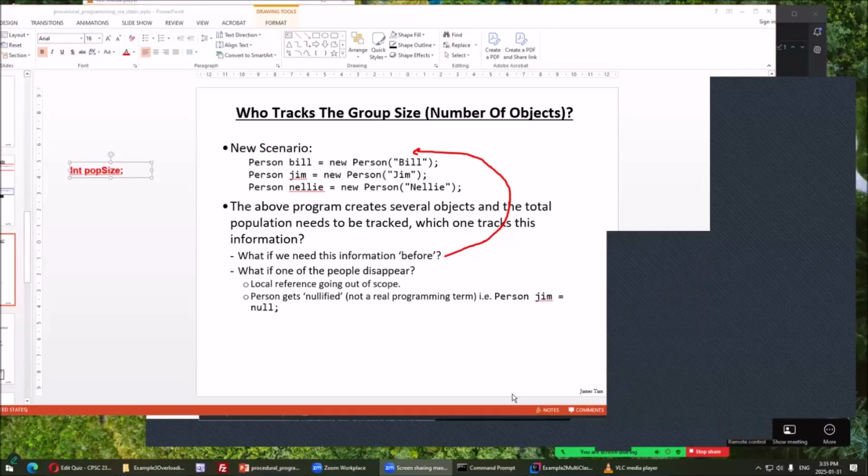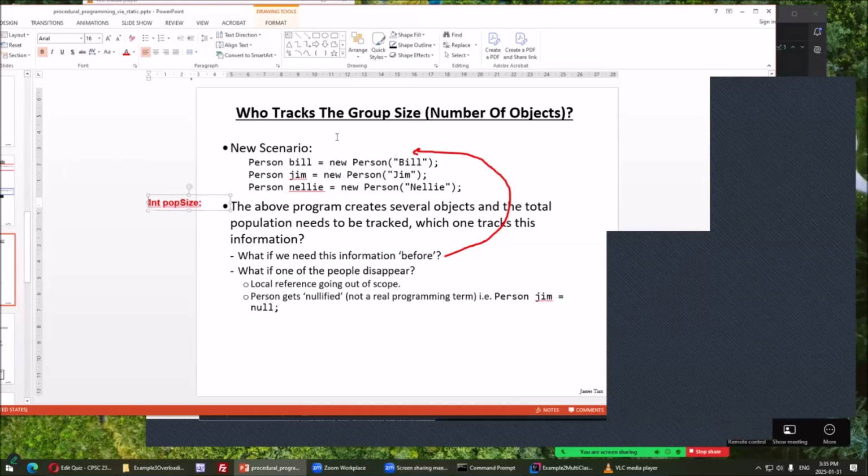Okay, there are two possibilities. Someone said, based on what you've taught, this could actually be part of a class Person. Possible. There's another possibility. Intuitively, you think, well, if we're tracking the population of person objects, intuition says it can be an attribute of class Person. From what you've been taught now with class Person, however, if we make it an attribute, from what you've been taught, repeat again,